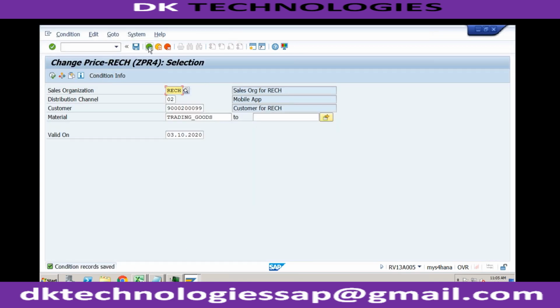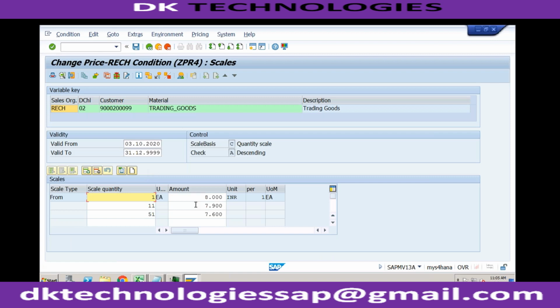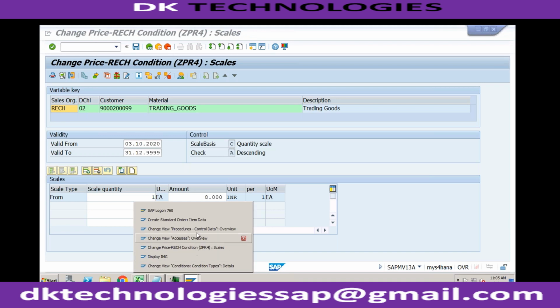What do we maintain? 900. Okay, 600. Then why is it showing 800? Let's see. If I go to scales, it shows 7,900 from the 11th quantity onwards. And if I go to my sales order,